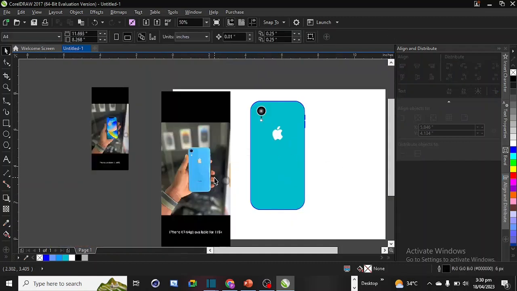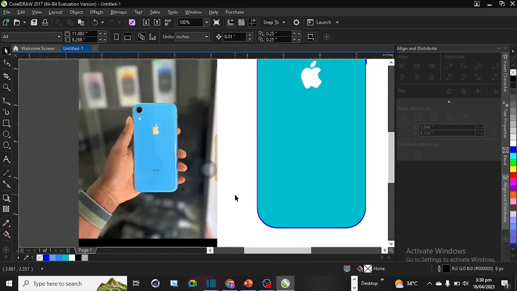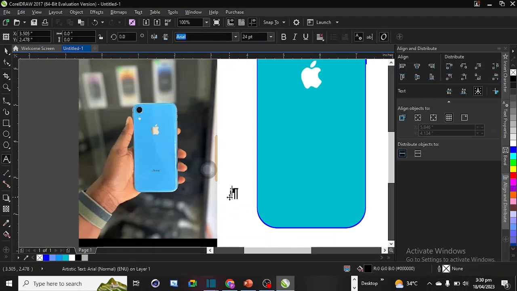Now the next thing we're going to do is to write our iPhone. Now at this point, what kind of font is used? We can use our Calibri or Arial. So let's type I, capital letter P H O N E, iPhone. Okay, and you can make it bold, and you can make it small,